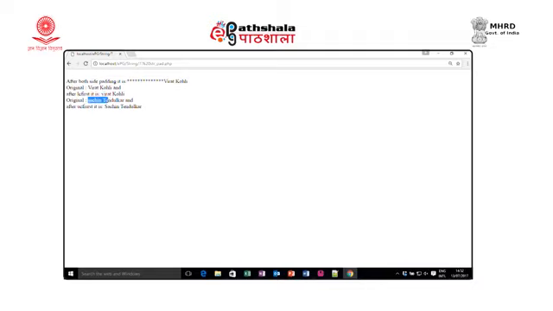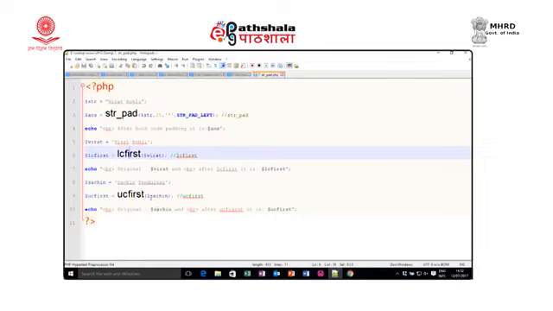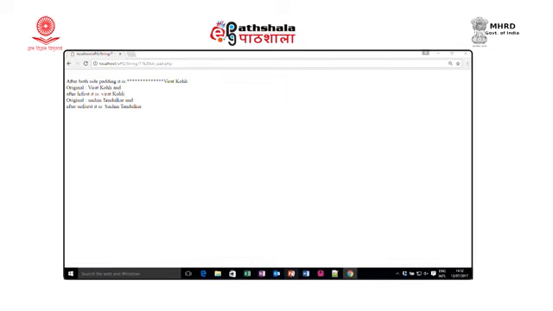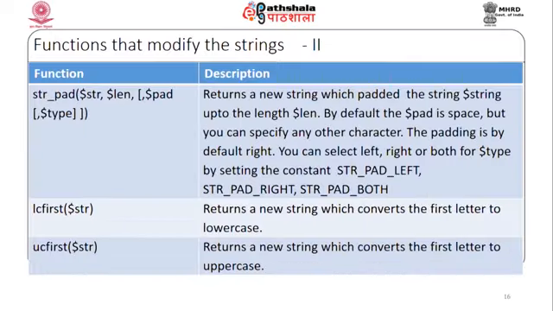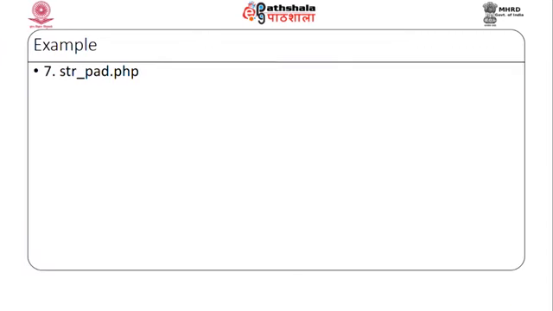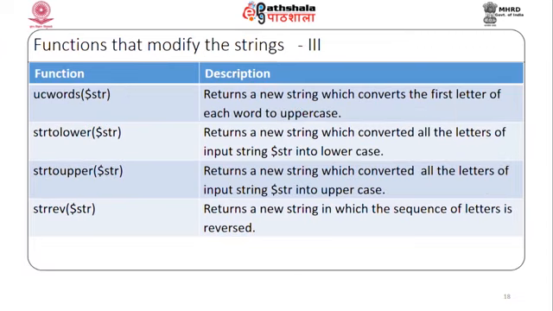Same way, originally if I write s in small letter in Sachin Tendulkar and use ucfirst, it will display S as a capital letter. So, these are all the string modification functions: str_pad, lcfirst, ucfirst. Then you can use ucwords.